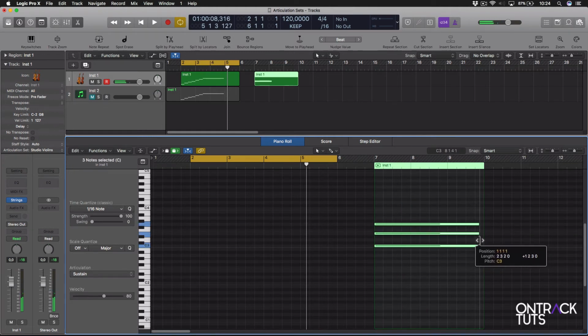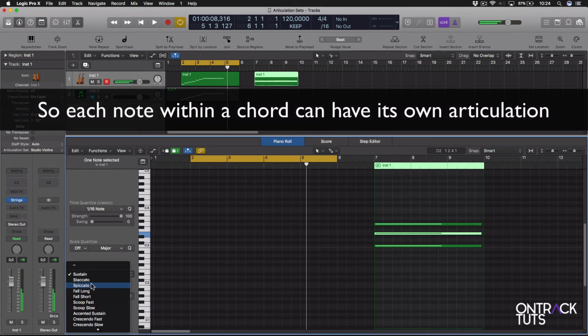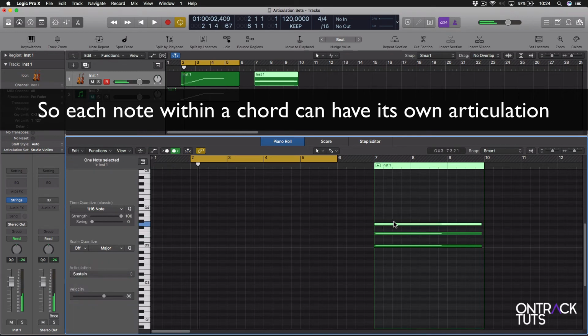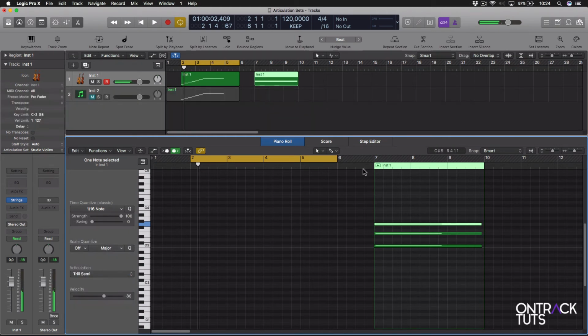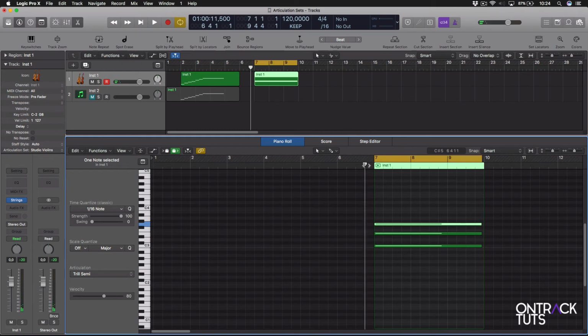You can set each note to a different articulation. Now, that's really just giving you a lot of control with this feature, all the way down to the note